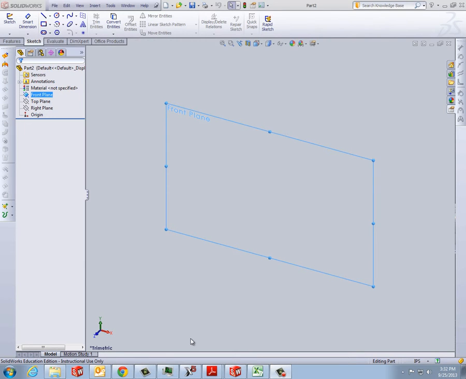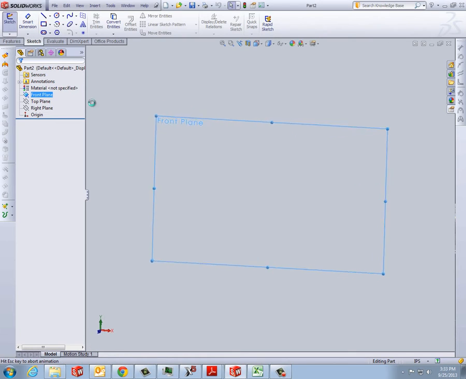What I'd like to demonstrate today is how to manipulate different loft sections. We did something on the Tiger. We started to experiment with free-form surfaces, and now I'd like to expand that concept into loft surfaces. So I've opened up front plane, and I'll start a sketch on front plane,